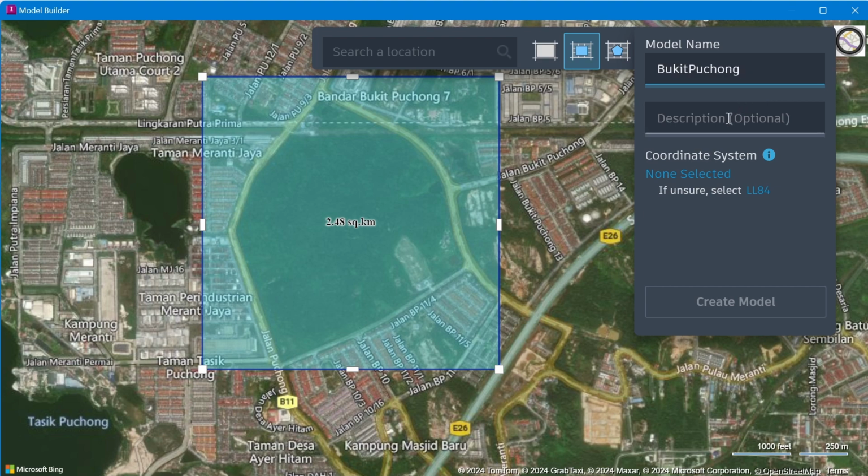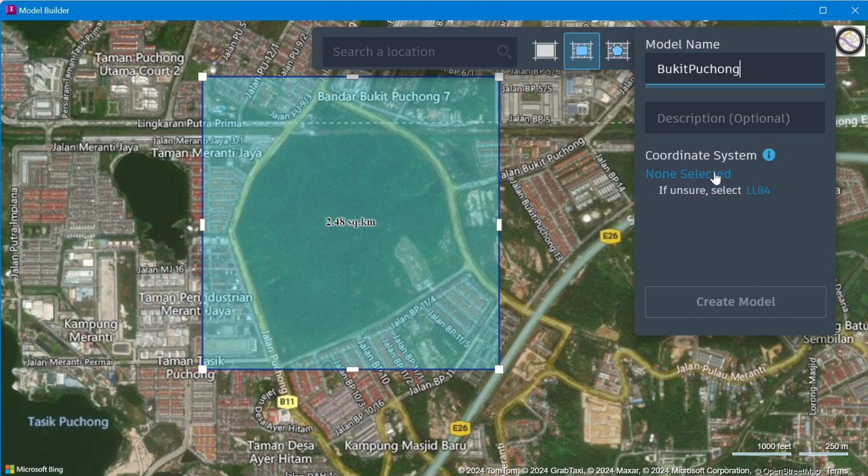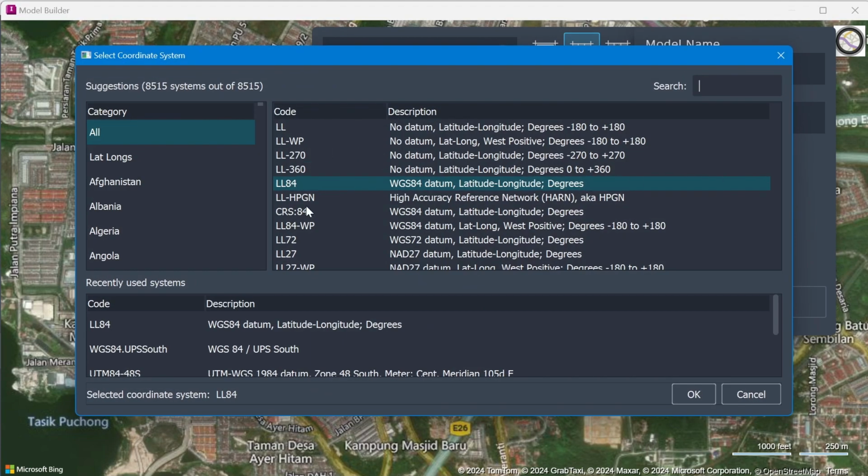The description is optional. Coordinate system, you can select. There is a tooltip here: to get started quickly, use LL84, because LL84 is the same as WGS 84. So you select this one. In Malaysia, there are two datums commonly used.